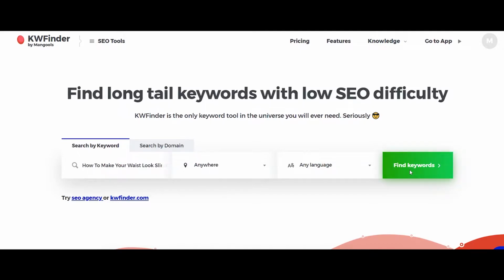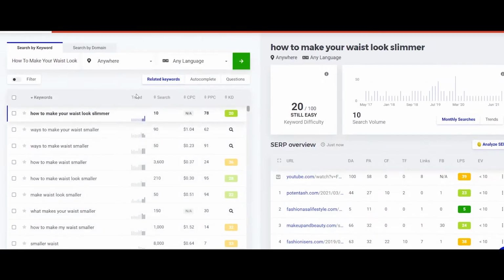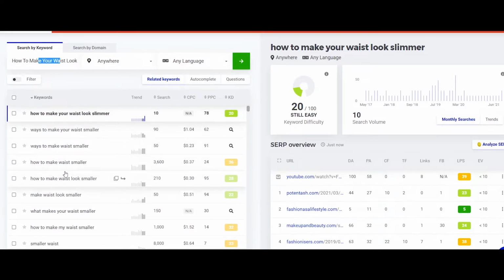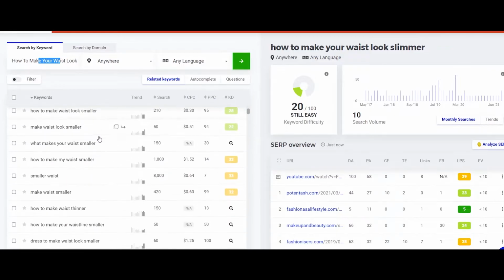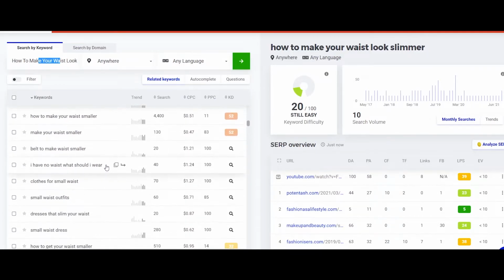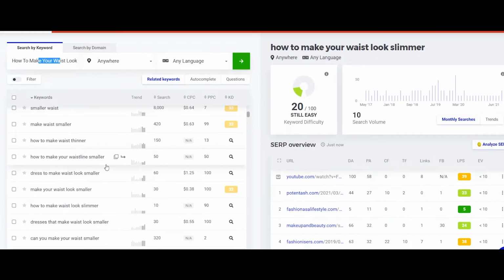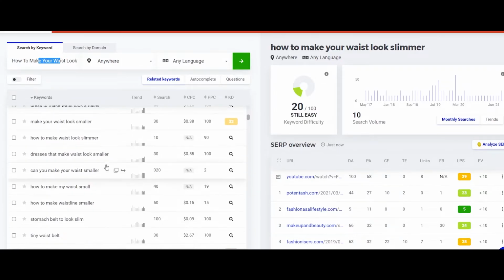So let me just click on find keywords, and now you're going to find a bunch of keywords that match the question. So there you go, around 10 people per month are searching for this very question. And likewise you will get a lot of keyword ideas that you can use on YouTube for your video, that I'll be talking about later in the video. So here you'll find a lot of keywords that would be relevant to your product, and the problem would be solved by your product.